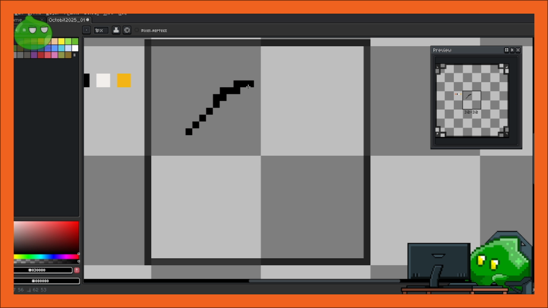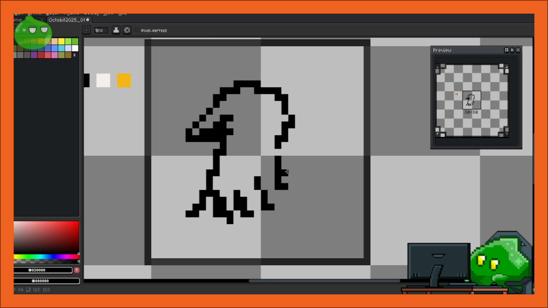Now with this creature, I kind of wanted to do a bird-like creature, but first, if you like this